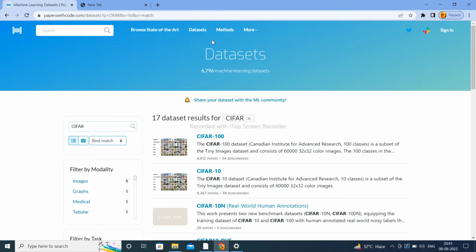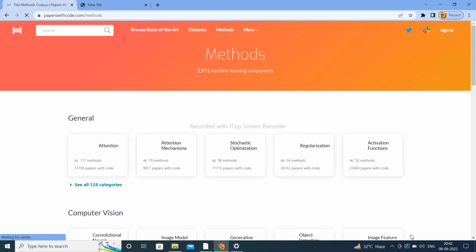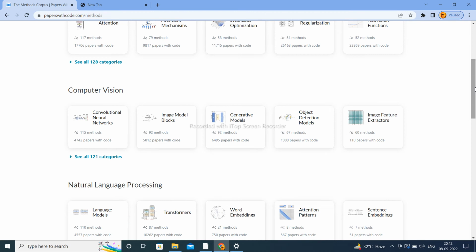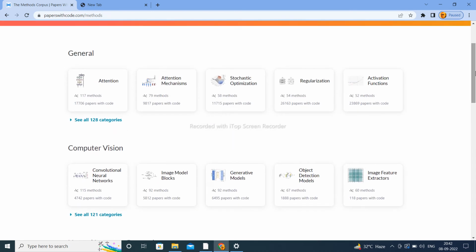Now if you want to study about methods, then click on Methods. Here are present different types of methods, such as attention mechanism, stochastic optimization, regularization, activation function, and different types of computer vision methods, object detection model, image feature extraction.